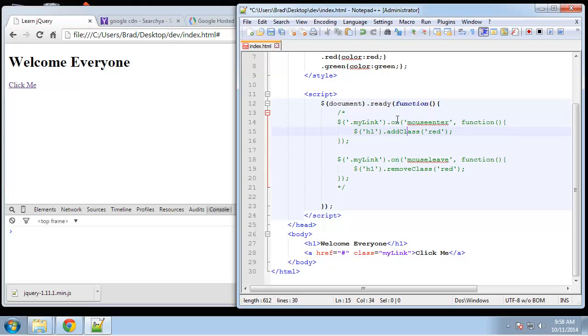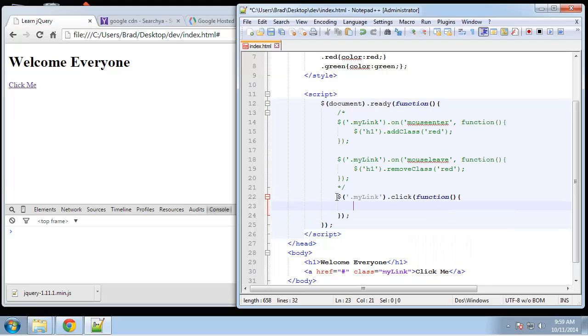Okay, so instead of saying on click or whatever, we can use the convenience method, just .click. Okay, so we'll say my link .click, and then all we need to put in here is our function. Okay, so that gives us kind of a shortcut to do the same thing